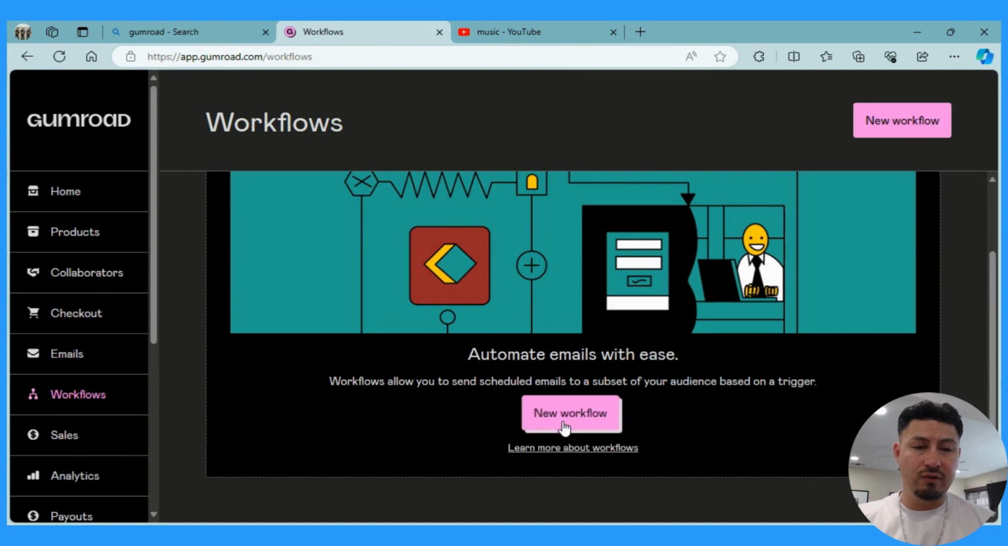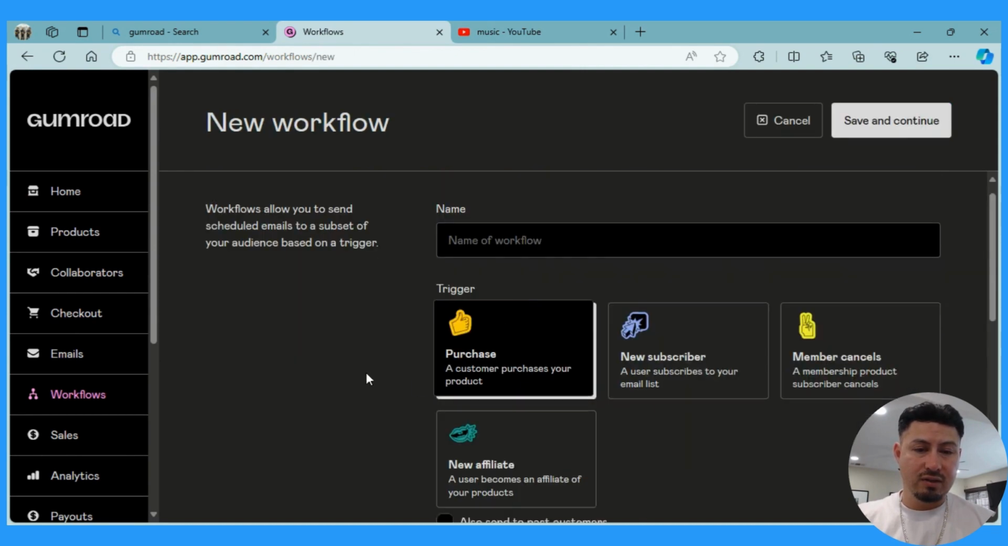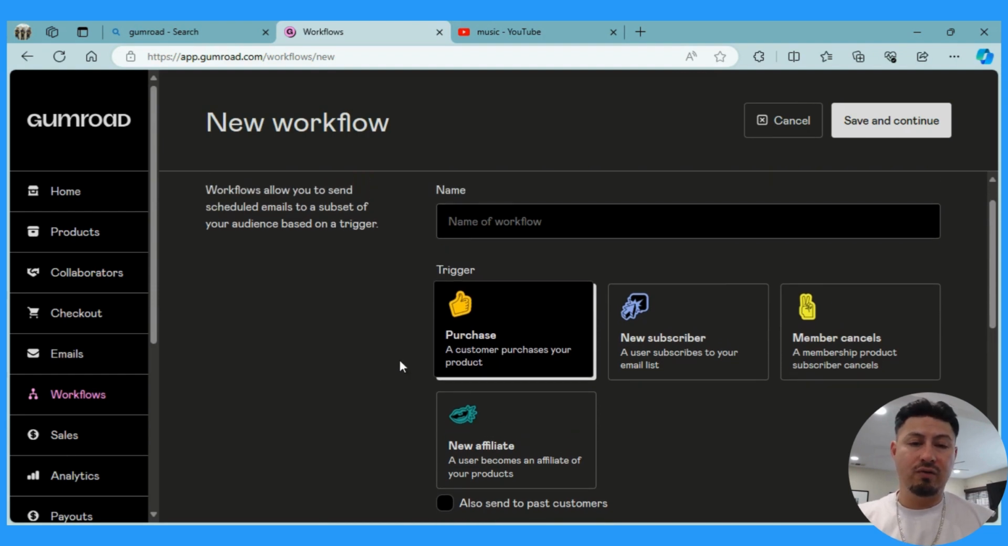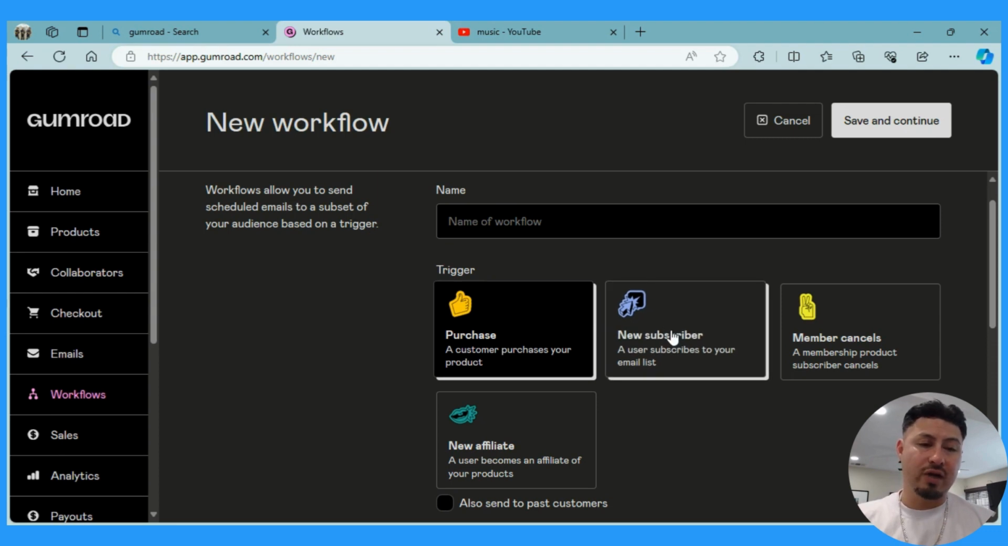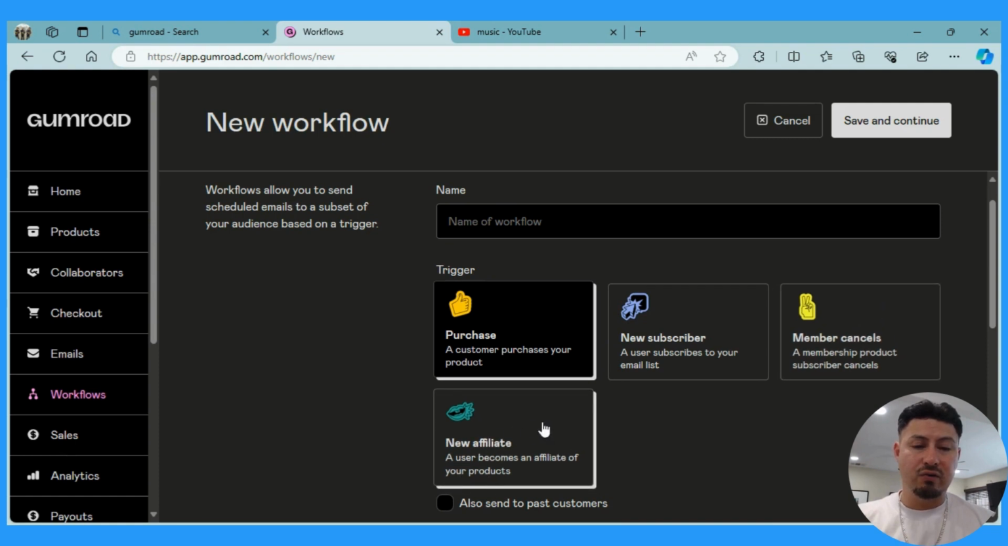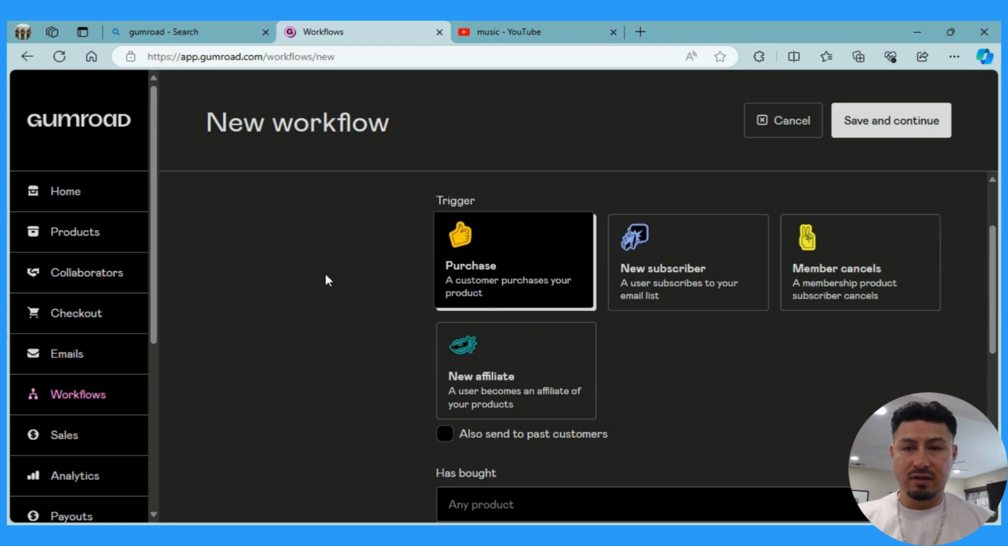You could create a new workflow, and you could segment your workflows based off of prior purchases, new subscribers. When members cancel, you could have an automation for that, or when you get new affiliates, an automation for that one. Honestly, this is probably my favorite part, the workflows, because it's just like your business is